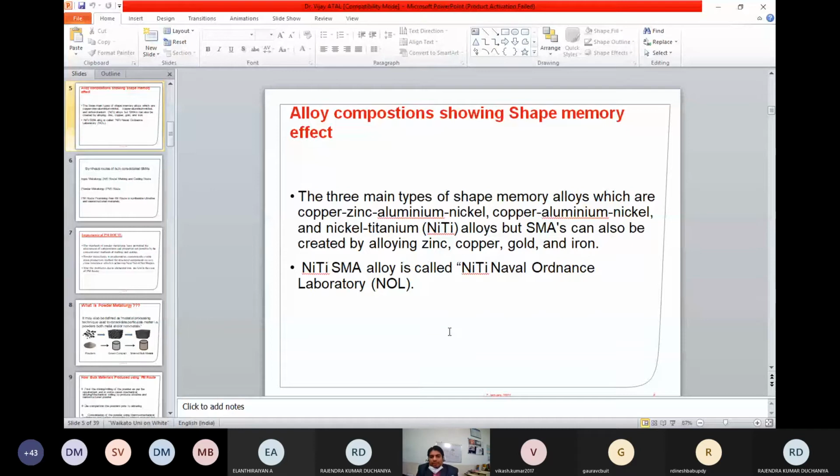These alloys are copper based and nickel based. The nickel based alloys are slightly costlier. As we go to precious metals like gold, it becomes costlier, and mostly nitinol is used, being more or less the workhorse for this type of material.